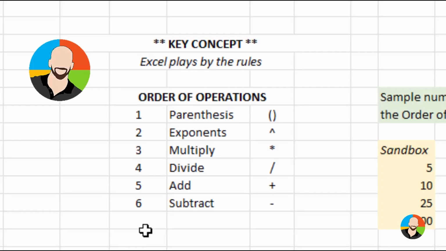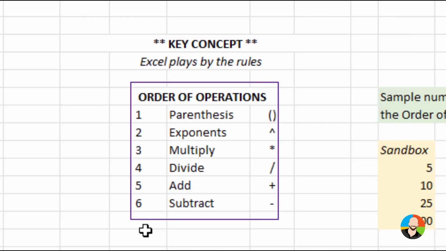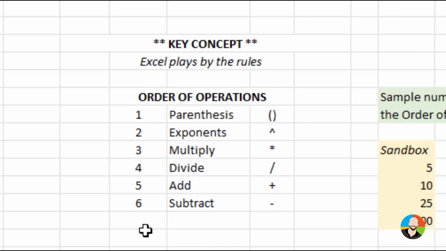Now let's up the ante a little bit. Let's revisit our grade school math and talk about one of the fundamental pillars of Excel. And that is, whenever Excel does any type of calculation, it will always play by the mathematical rules of operations. So if you don't recall the mathematical rules of operations, here they are. The way Excel works is it will do what's in parentheses first, then do any exponents, then multiply, divide, add,